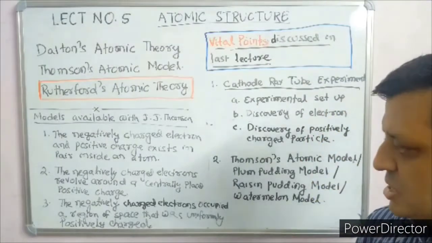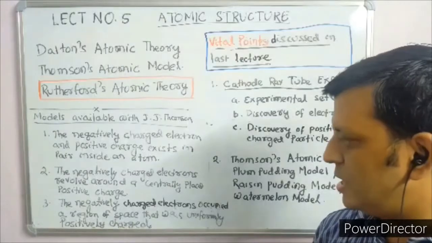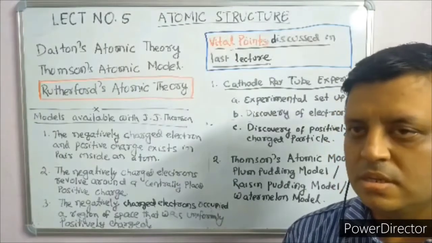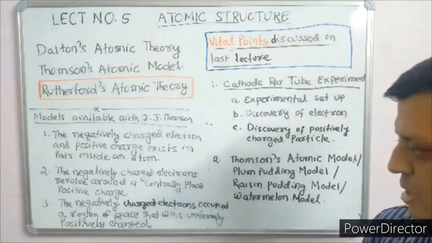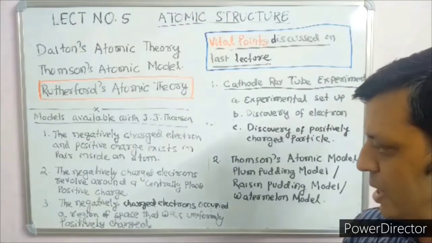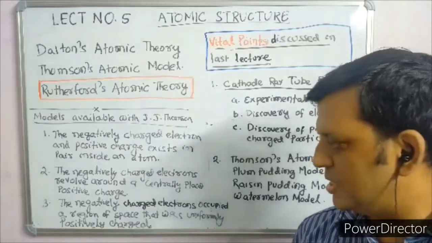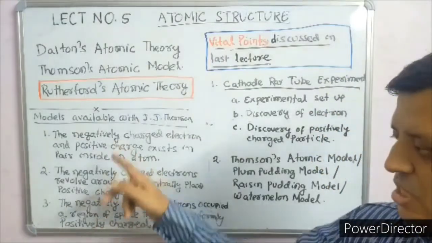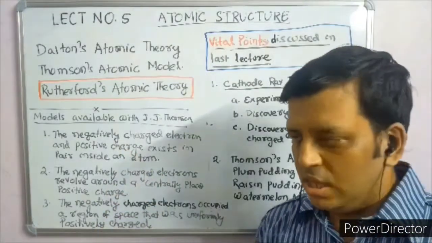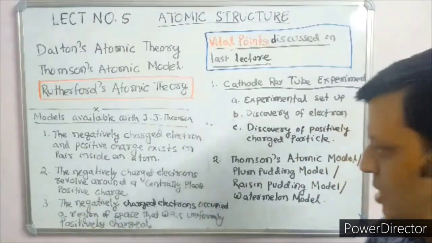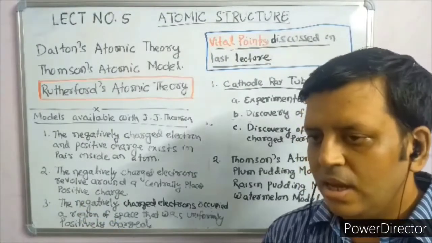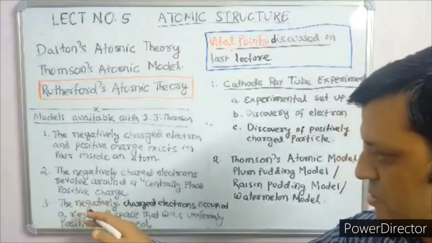Second, the negatively charged electrons revolve around a centrally placed positive charge. The third one is that the negatively charged electrons occupied a region of space that was uniformly positively charged. Out of these three, he proposed the third to be the correct one, and based on